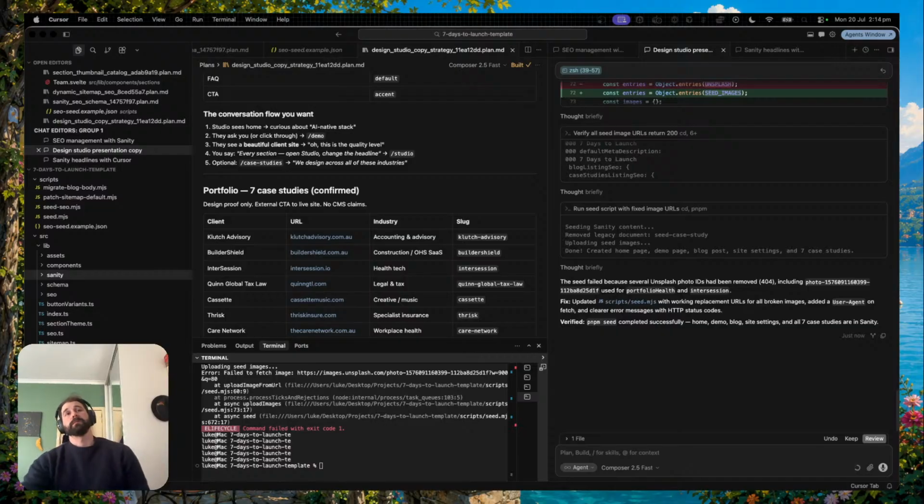But it also puts the onus back on the clients to manage all of the text updates, which may or may not be a good thing. But then if they want to start modifying components, it would need to be done in Cursor, push the updates live, and then they would be able to edit them through Sanity. So